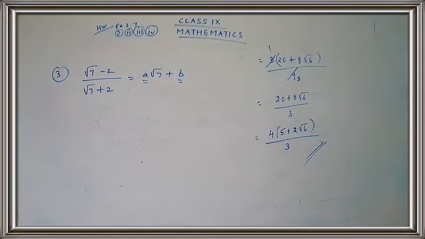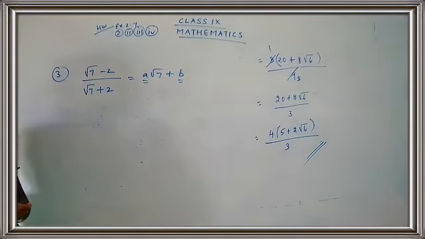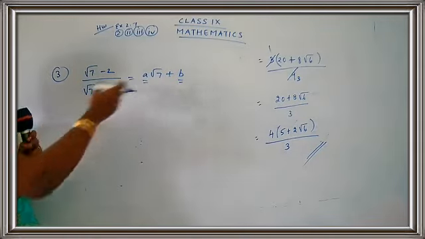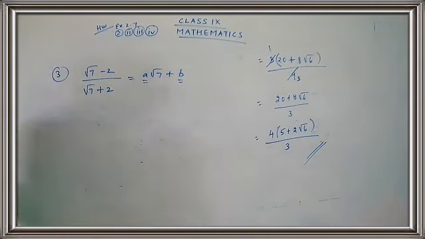Taken on the question, children? Okay, now, we have been given root 7 minus 2 upon root 7 plus 2 is equal to a root 7 plus b. So what I'm going to do, I'm just going to take this part, rationalize the denominator, and let me see whether I get the answer in this form. You are going to do the sums along with me, children.